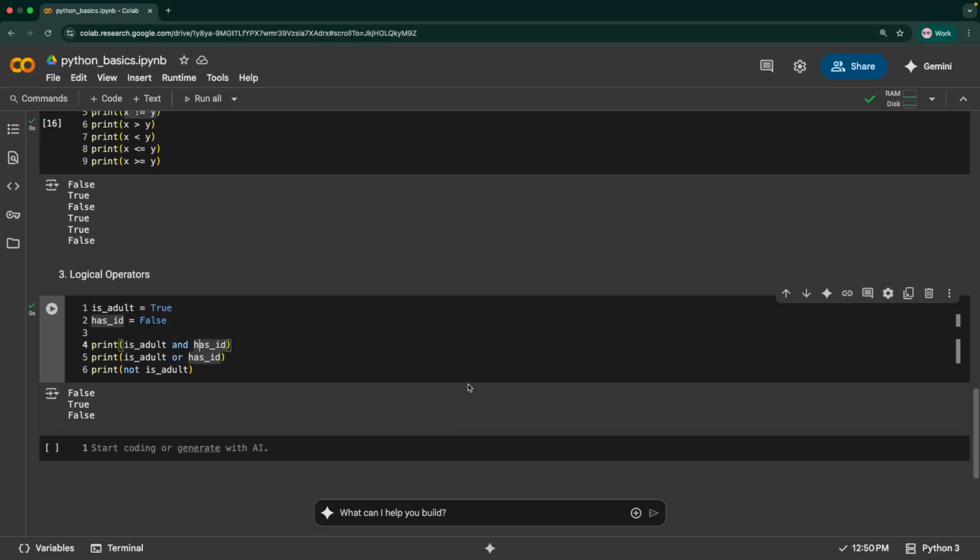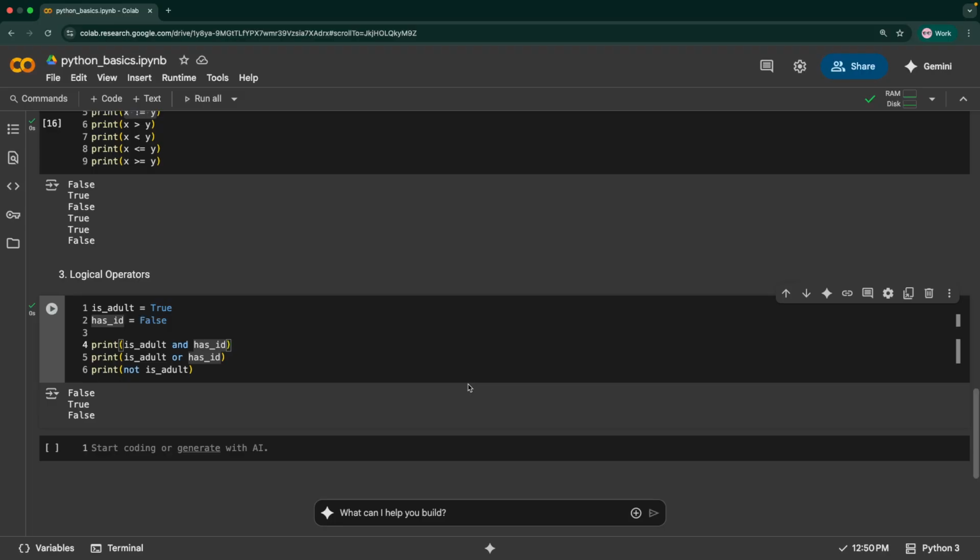So let's quickly recap whatever we have learned so far. First we discussed variables, and we know that variables are used to store values and data. We discussed the basic data types in Python, such as integers, floating point values, strings, and booleans. Then we discussed the input statement: input gets data from the user, and you can print it or do operations on it. Then we discussed three main operators: arithmetic operators, comparison operators, and logical operators. These basics are used in every Python program that we write, and now you know how to use them.